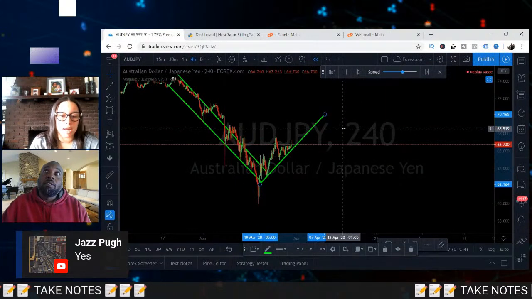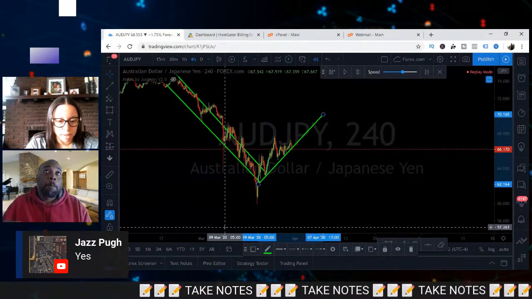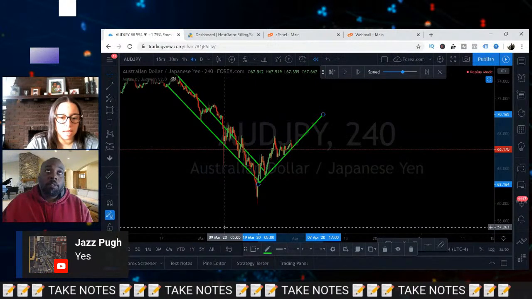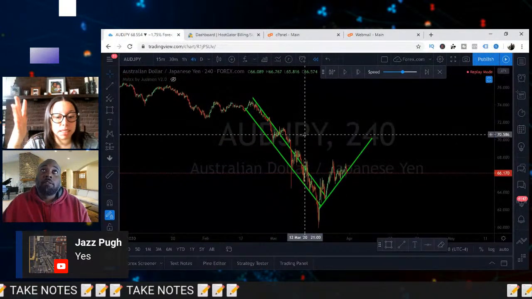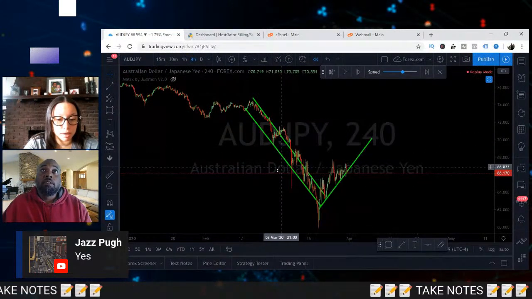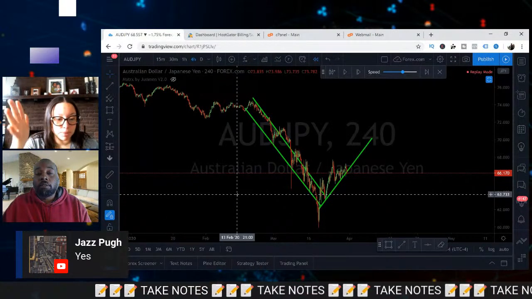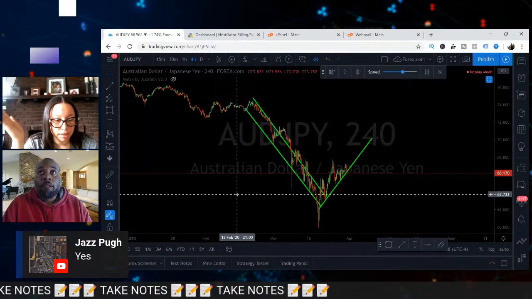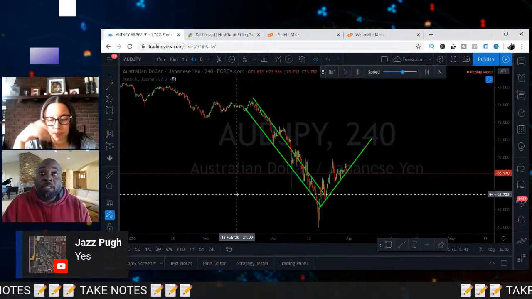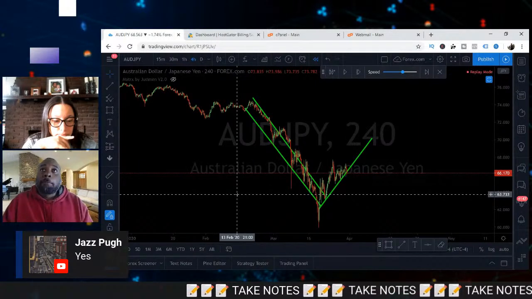Perfect. And I know in the video they talked about buying when it's low and selling when it's high. Right. So what you just mapped out here is an example of that. And it almost looks like you waited till there was confirmation, even though there's a pretty clear almost V right here. You waited to confirm that it was changing to an uptrend, and then that's when you would be looking to buy.